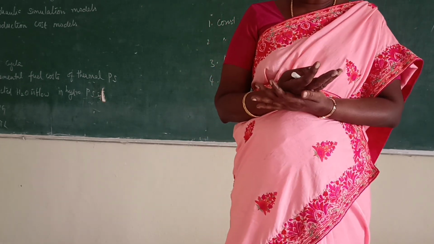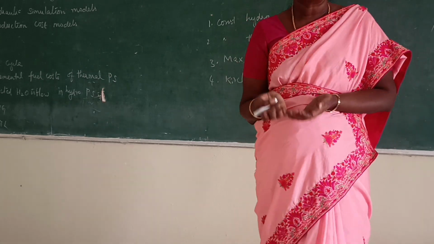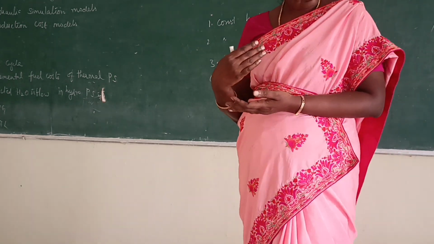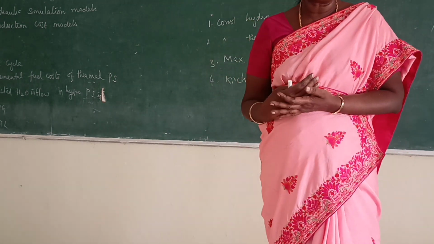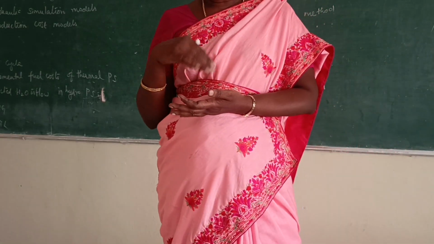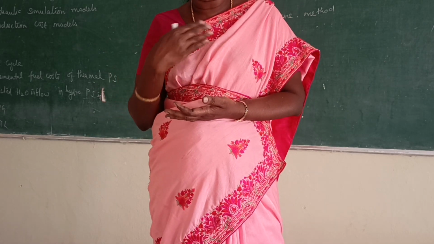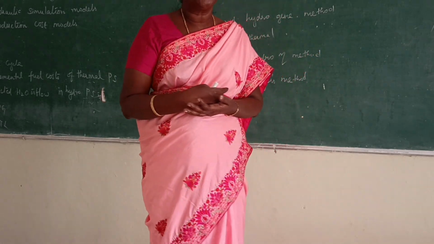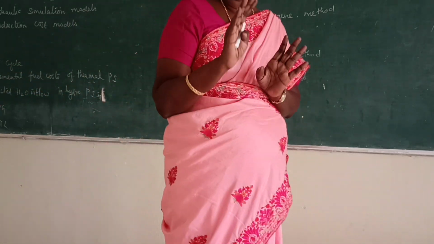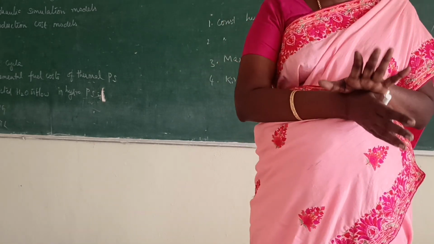For long-term generation, in general, during rainy conditions we have an enormous amount of water. But in the dry season, that is the summer season, the amount of water decreases. At the same time, during the rainy season, the power required by the consumer is less, but in the summer season the power demand is more. So depending on that, we combine this thermal power station with the hydro power station.